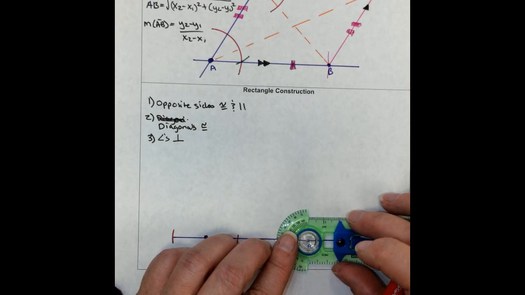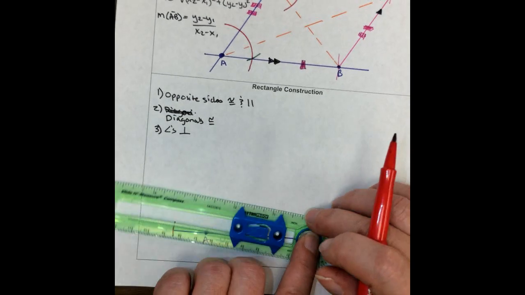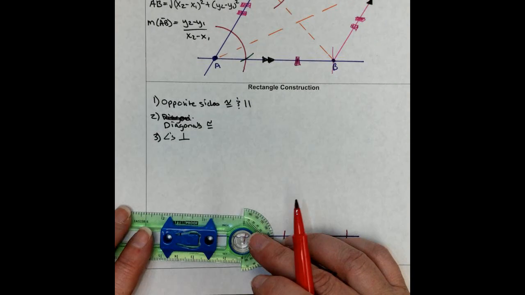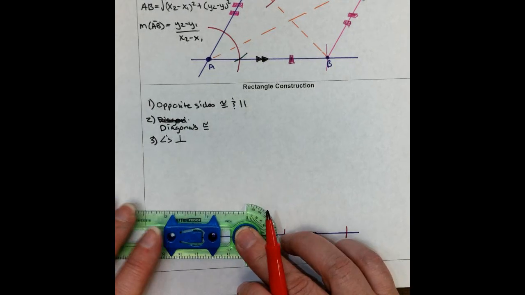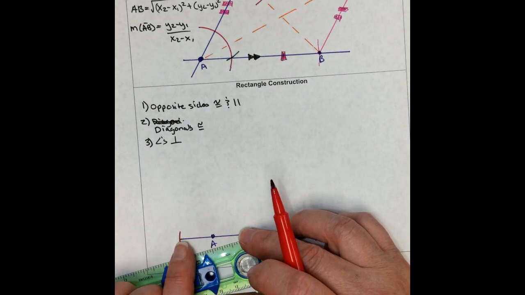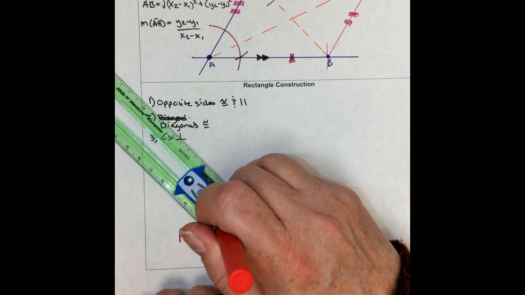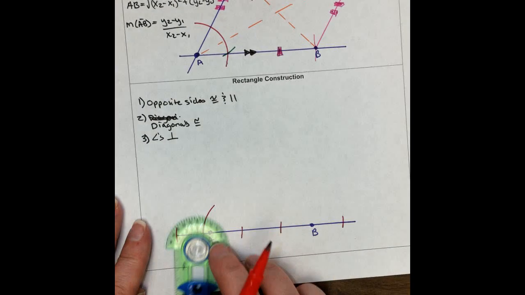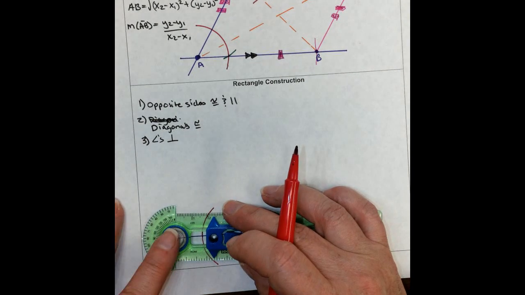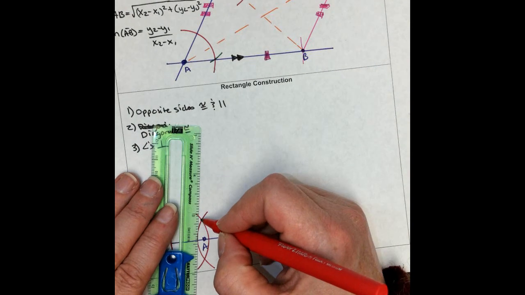Oops, I moved my compass. Try that again. Okay. Alright. So then I have to put my bullseye on the intersection of the red and the purple and move my compass to slightly between the midpoint and the outside point. And then I'm going to create an arc. Move my compass to the other intersection of the red and the purple line. Create another arc. Now where these intersect